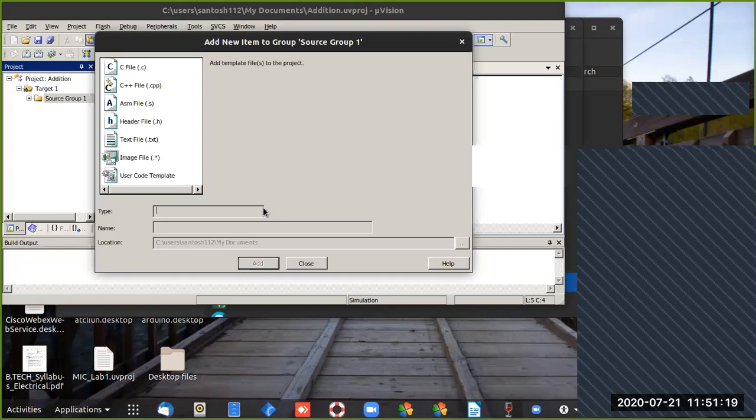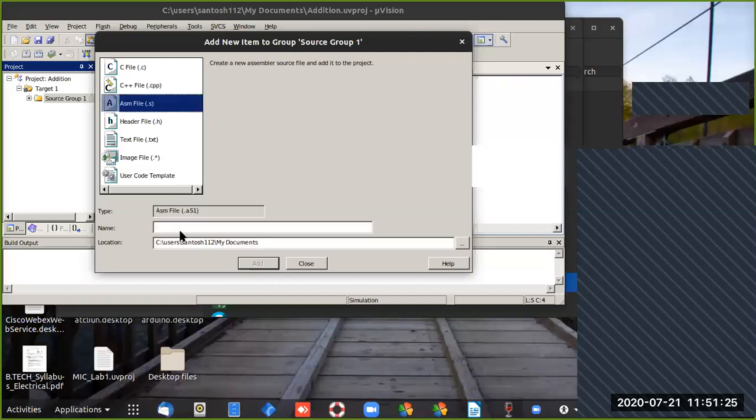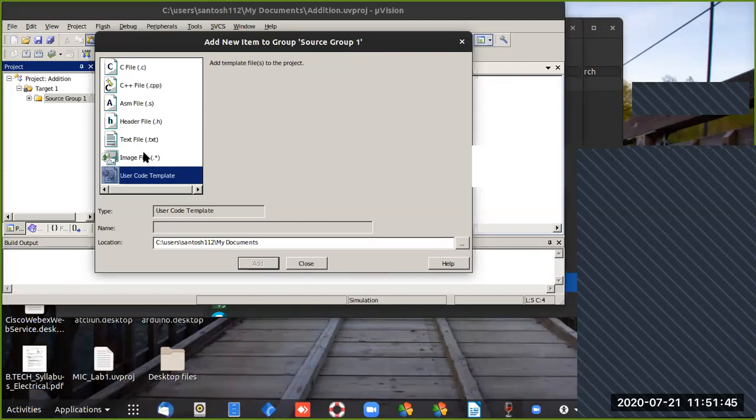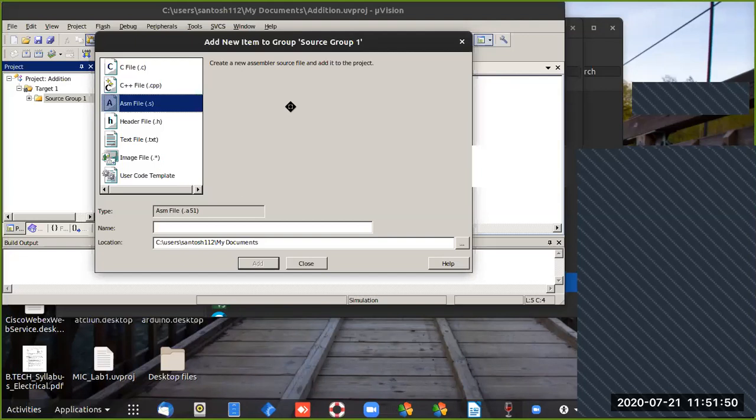New item to source group 1, ASM file. Here you have to put the name of that file. What is the text name? Addition.asm.